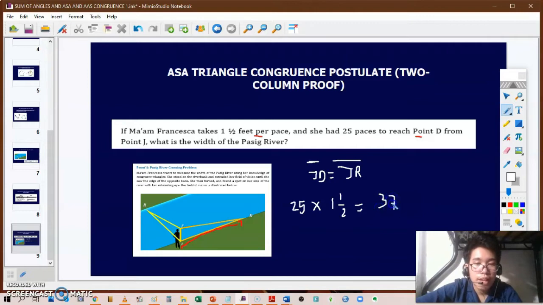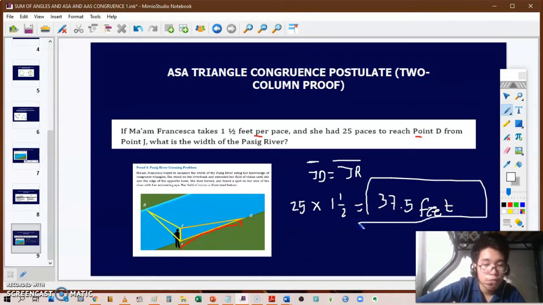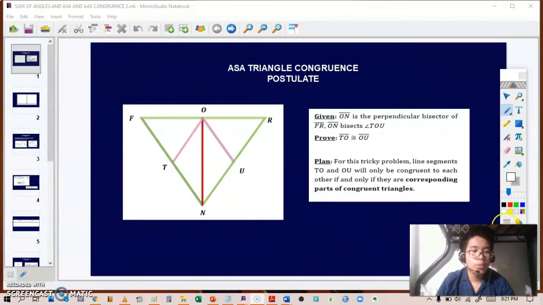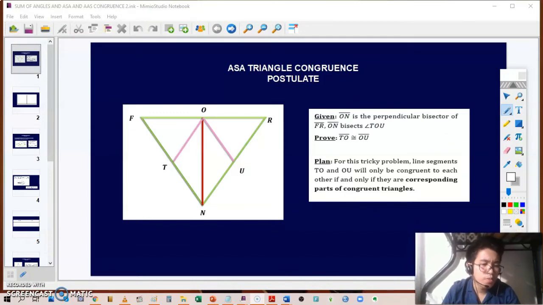37.5. So that means that the Pasig River's width is 37.5 feet, since Ma'am Francesca walked from point J to point D, and that's 37.5 feet. And since JD is congruent to JR, or is equal to JR, therefore the width of Pasig River is also 37.5 feet. Okay, so for our next problem, we're going to be solving a bit of a tricky problem